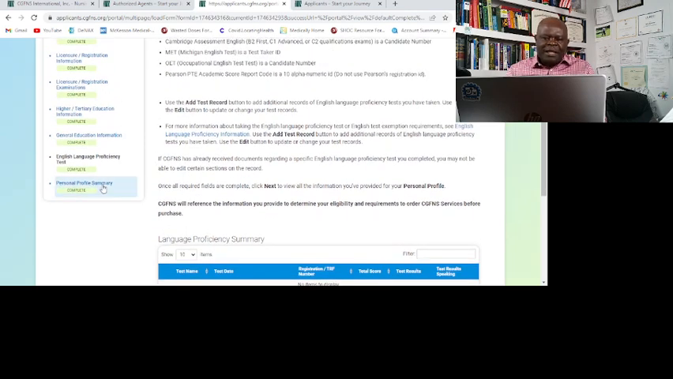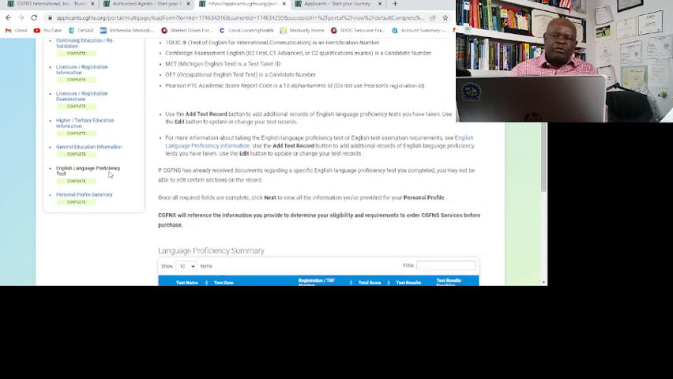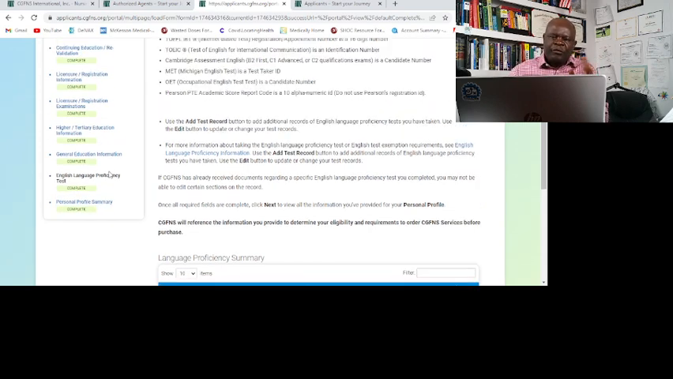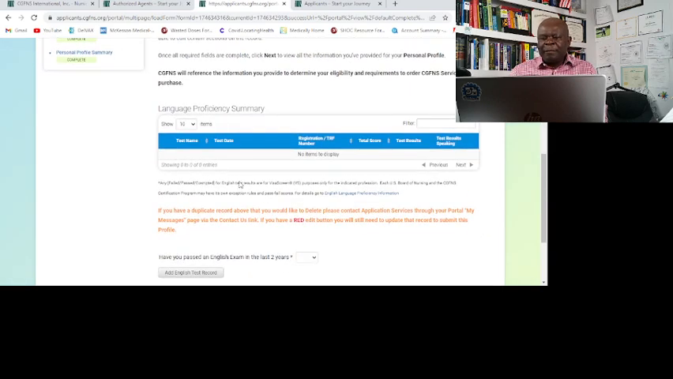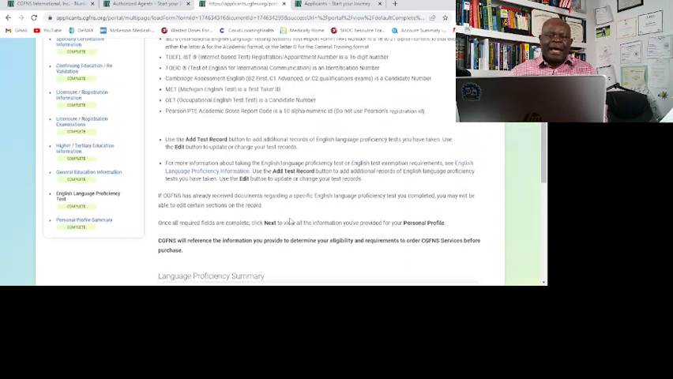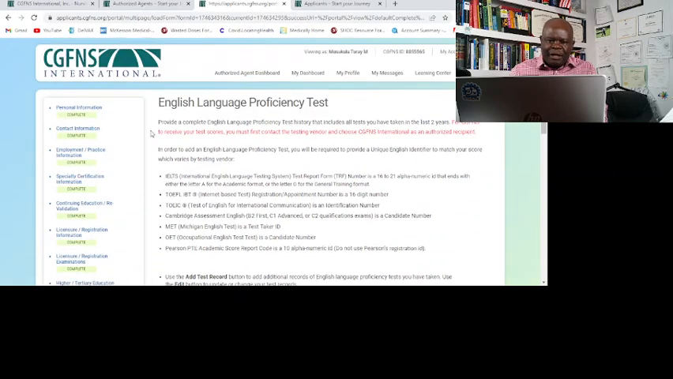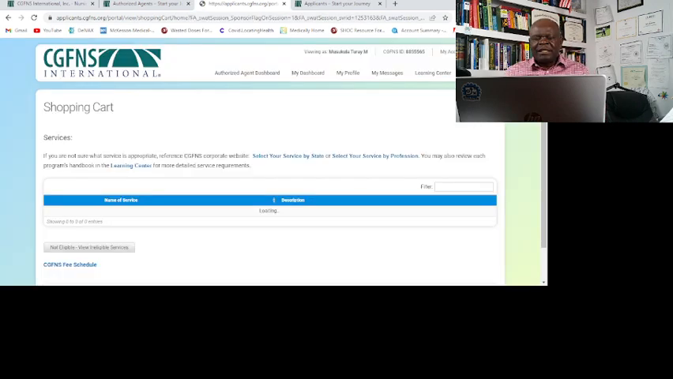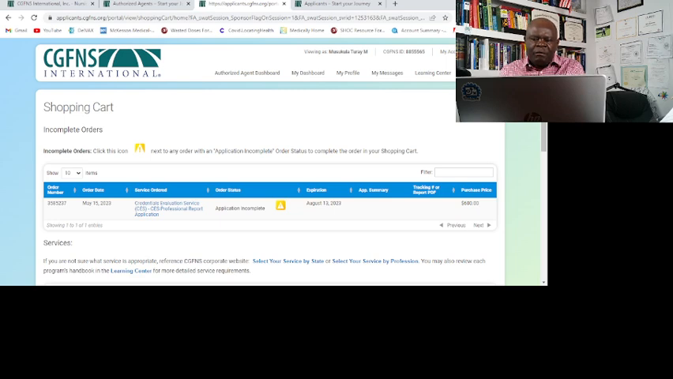After you've done all that, and everything shows complete, it will first show review, and then when you submit it, it will show complete. It shows complete like this, and then you will have a shopping cart available here. That shopping cart will not be available until you have completed all that part. And when it's available, you can pick